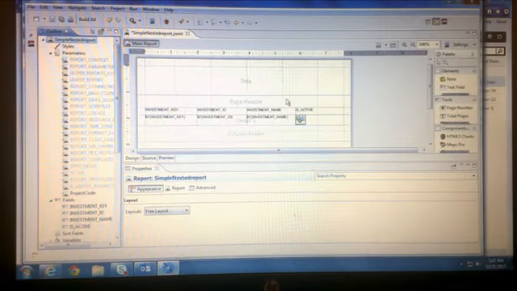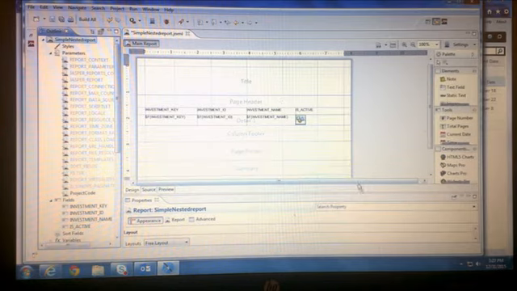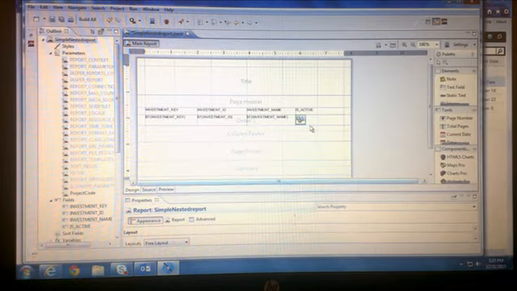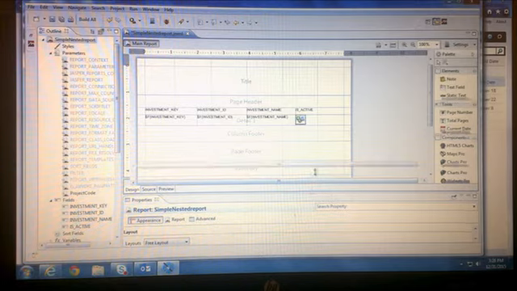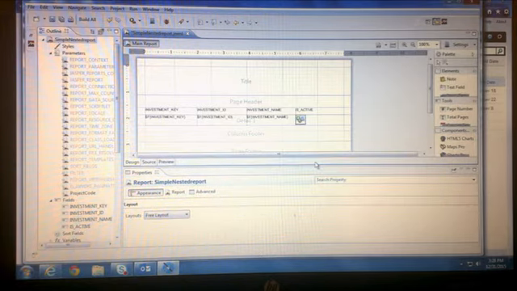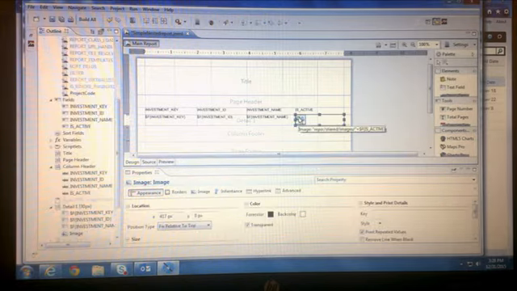So that is about the cascading input controls or dependent filters. Next thing is how to show an image which is changing dynamically based on the value in the record.